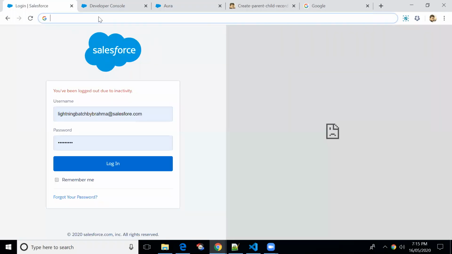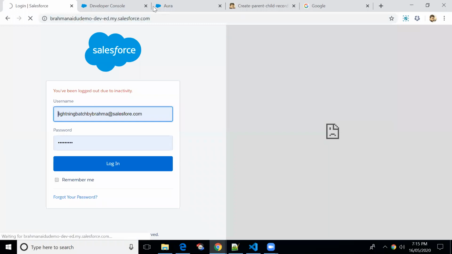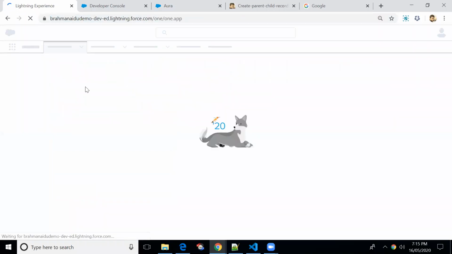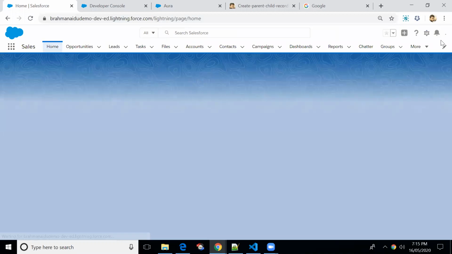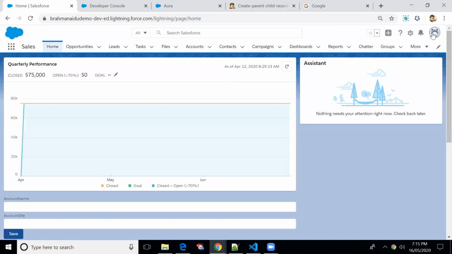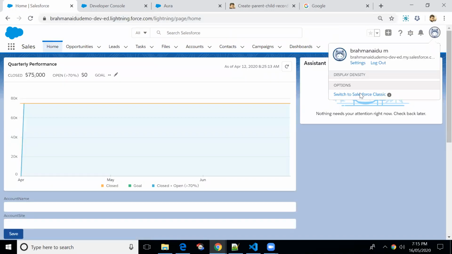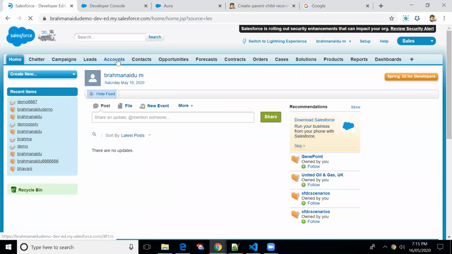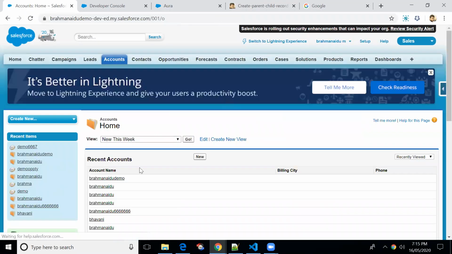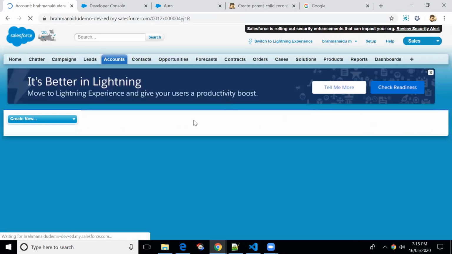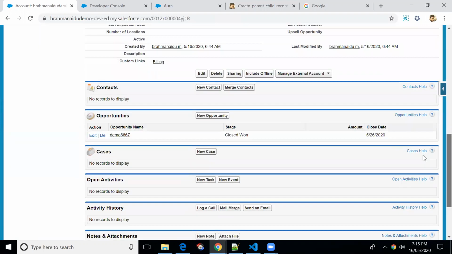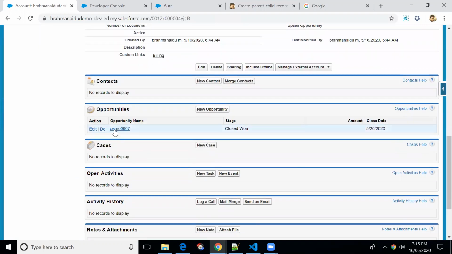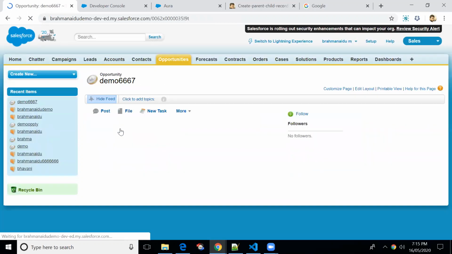Let me copy the URL and switch to Salesforce Classic. Let me go back to accounts. Brahmanaidu demo, right? So we have created the opportunity.